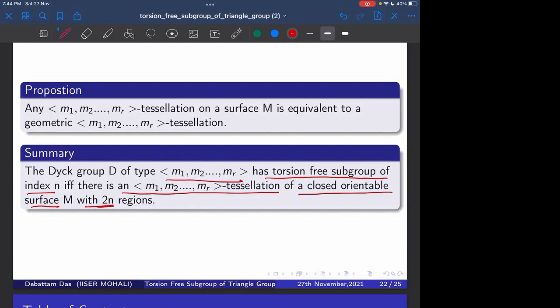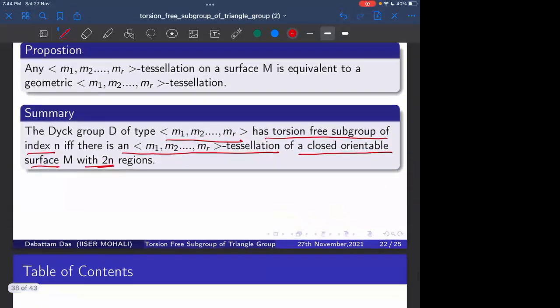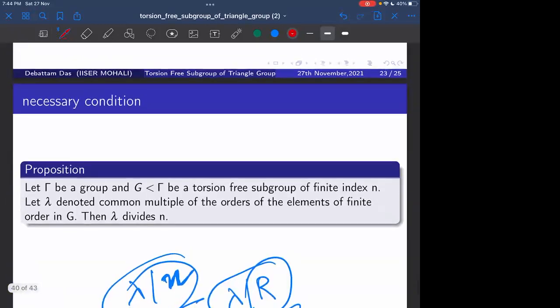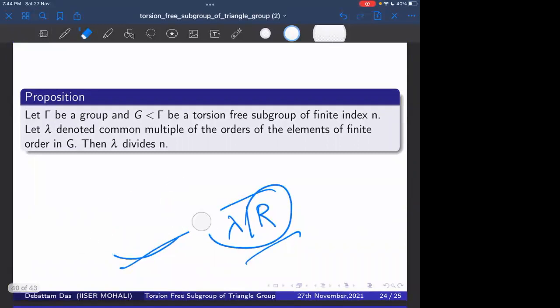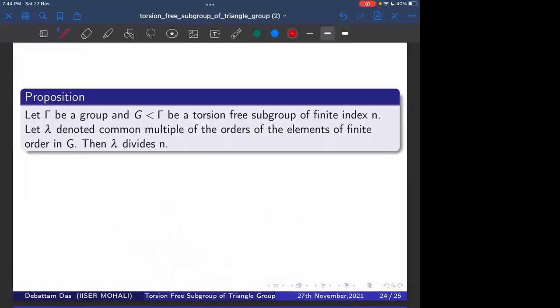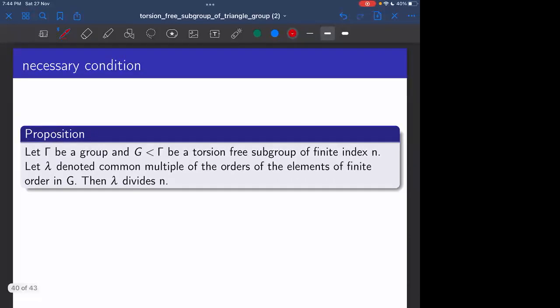And actually this is a very important thing to prove our main result. So back to the proof. Actually the necessary conditions are more algebraic things, that gamma be a group, and G be a torsion-free subgroup of finite index N,